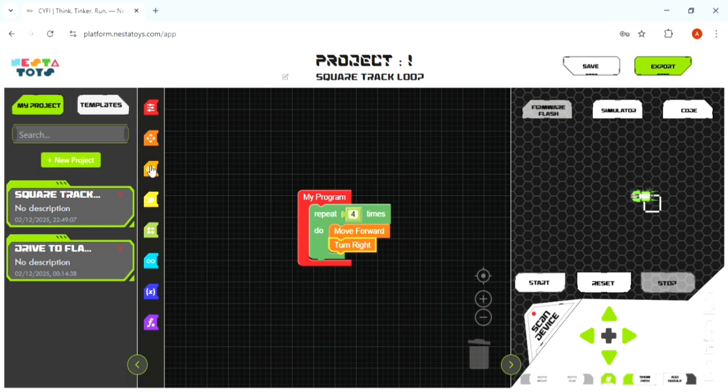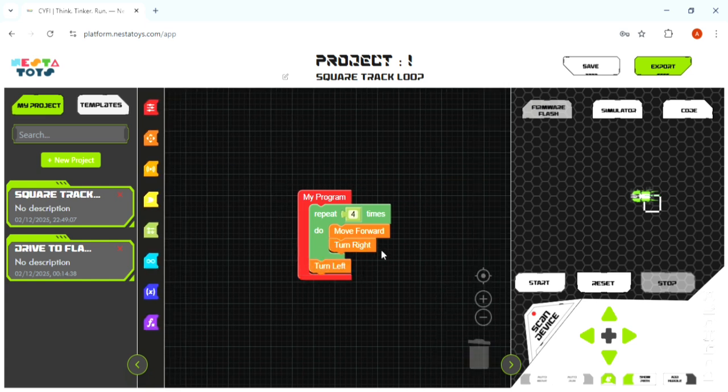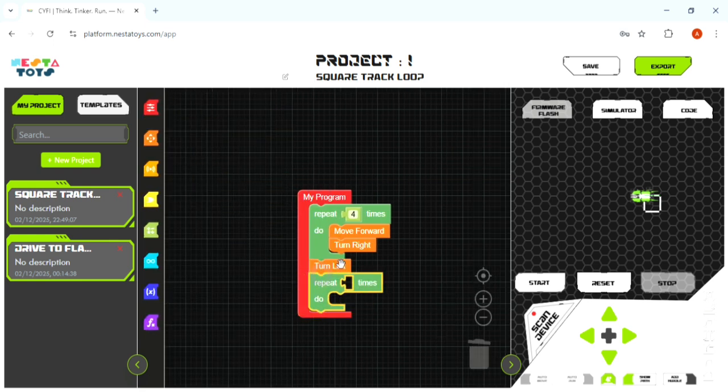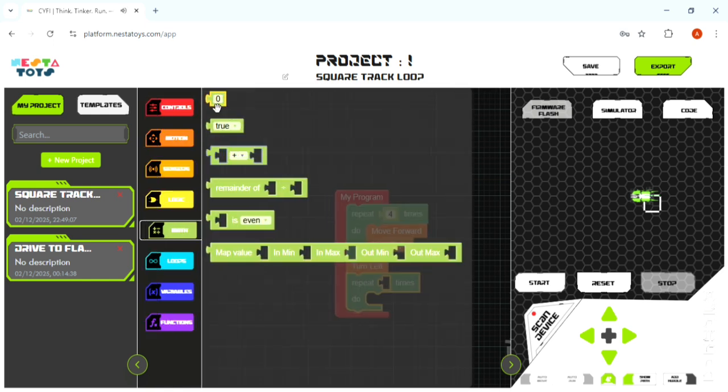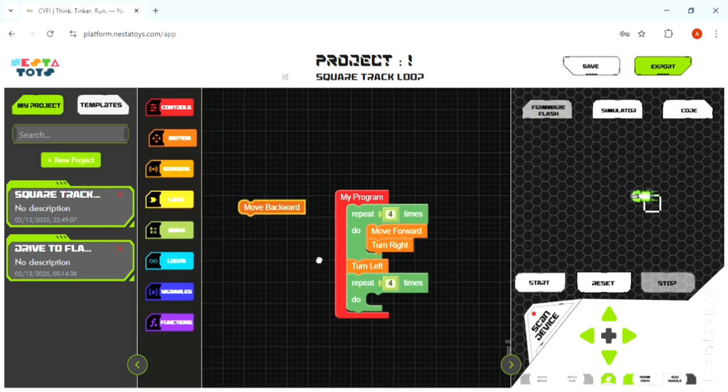So I am placing turn left, and then again what we must do, we must make another square in reverse direction in the same square. So again we have to construct the loop, same 4 times because a square has 4 sides, and then move backwards